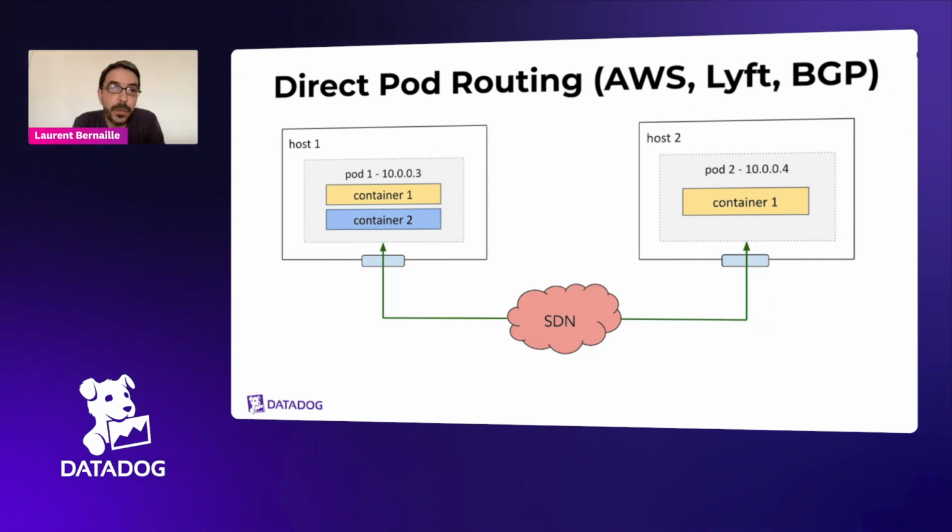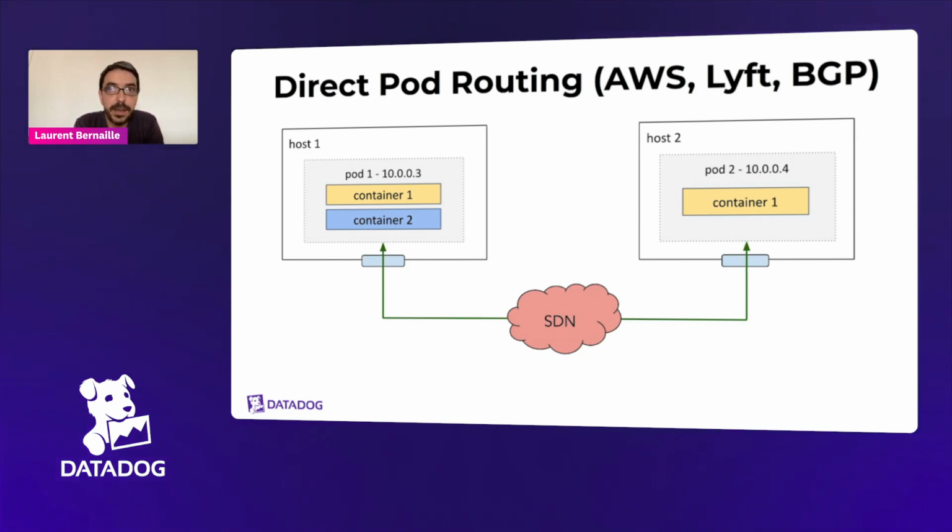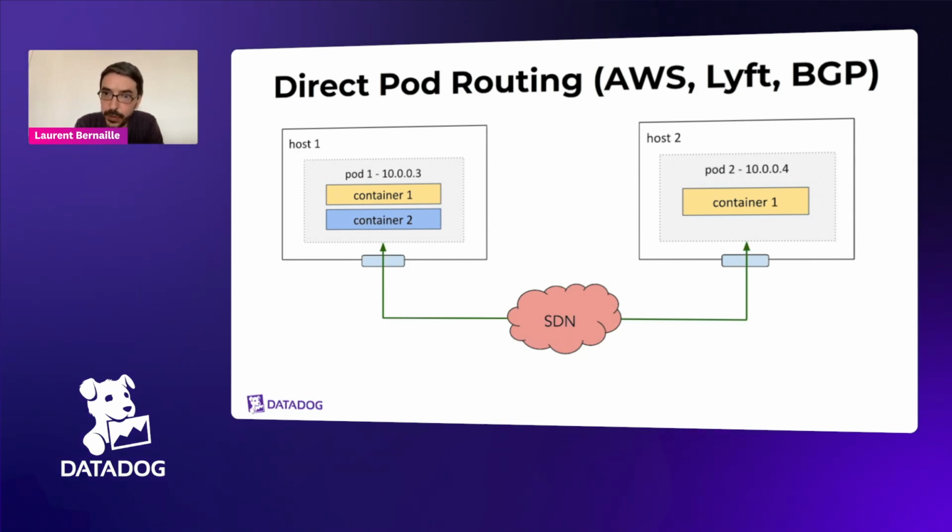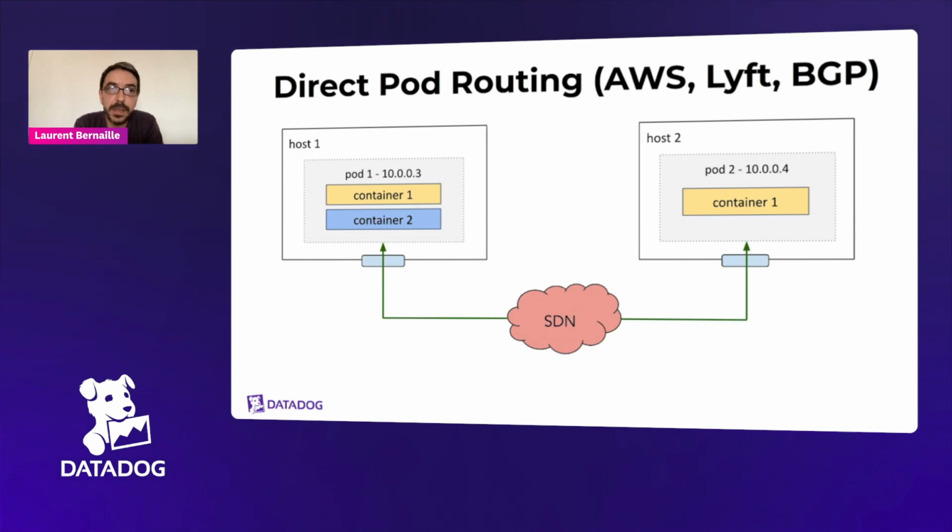So we knew from the start that using an overlay was going to be challenging for us, because a lot of our applications are very network intensive. They process a lot of packets at a very high throughput. And so we needed the network to be as efficient as possible. And also, we knew that we would have clusters with thousands of nodes. And we're pretty lucky, because at the time we started working on Kubernetes,